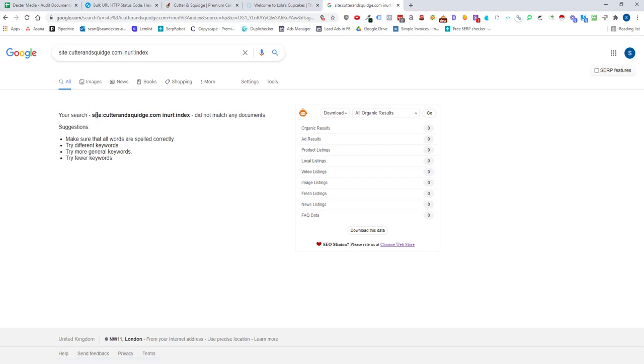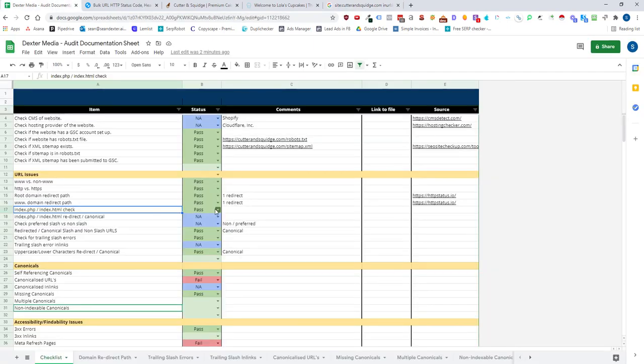Essentially, what we're telling Google to do is we're saying site, look at cutterandsquidge.com and have a look if it can find any URLs that include index inside the URL. So of course, in this case, we want to see if an index.php or index.html is being included. It didn't match any documents, and that's good. So we would go over here, and we'll list this as a pass. If it did